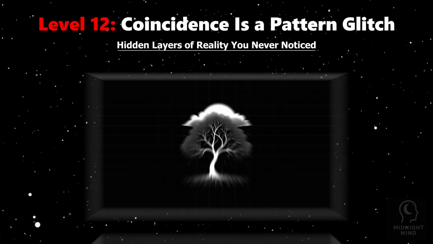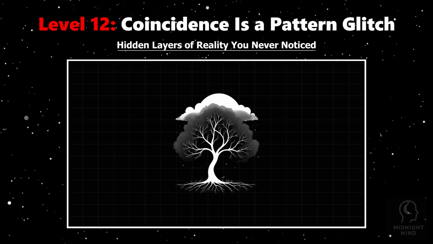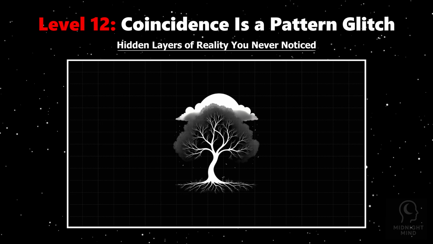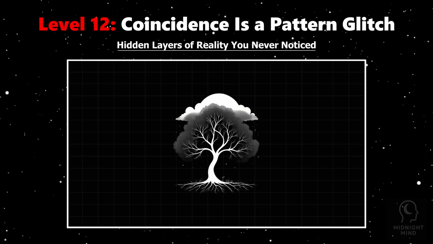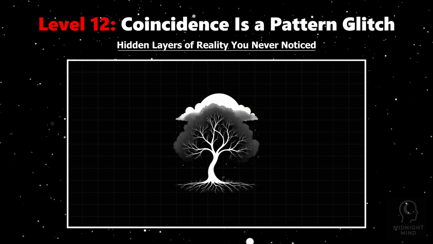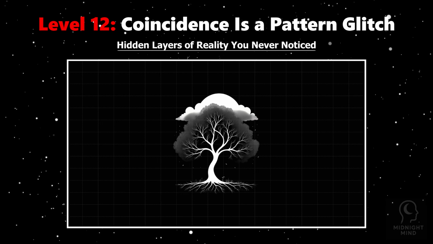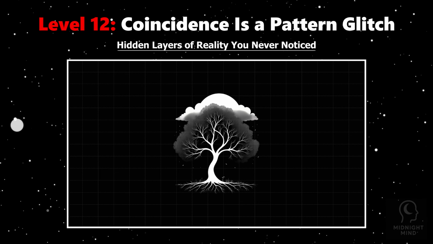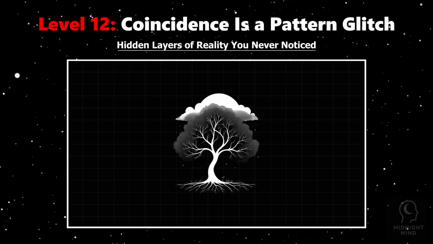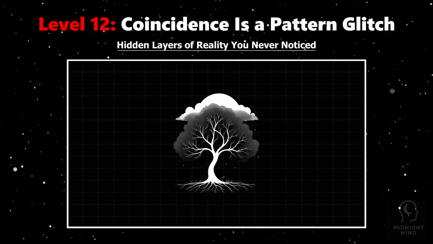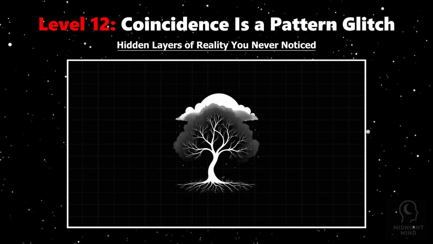Imagine moments when coincidences feel too perfect, too precise to be mere luck. These aren't random accidents. They are subtle glitches revealing hidden patterns beneath reality's surface. Science shows that what we call coincidence often reflects deeper structures in complex systems, where unseen forces and probabilities intersect in unexpected ways. Our brains are wired to detect patterns, even where none exist, a phenomenon called apophenia. This makes us prone to seeing meaning in random alignments. But sometimes, these coincidences expose genuine connections, signs of an underlying order striving to remain concealed.